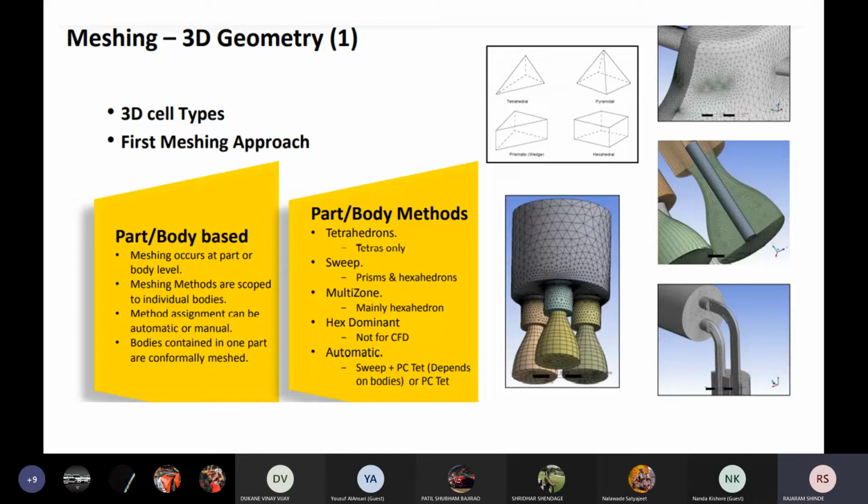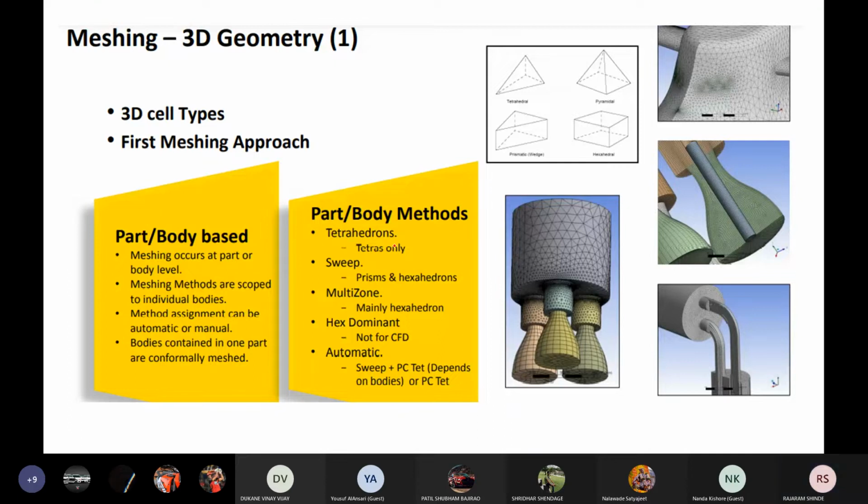Methods assigned can be automatic or manual. Bodies contained in one part are conformally meshed. Here it is a part or body based method.